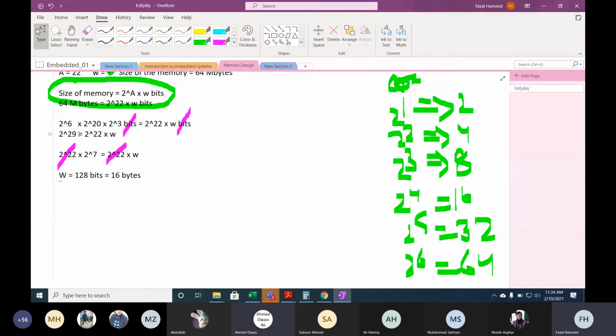Yes sir, converted into bits. Now if you look at this, 2 spot 6 is actually 64, 2 spot 10 is megabytes, and 2 spot 3 is actually bytes. And now I convert it into bits because the formula says bits on the right hand side. So how can you compare? Actually, when you want to have a scale, you want to make the units same on both sides of the scale. समझ आ गई बेटा या नहीं आई?